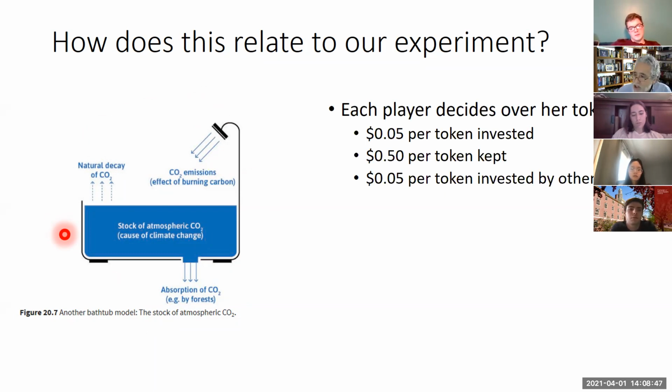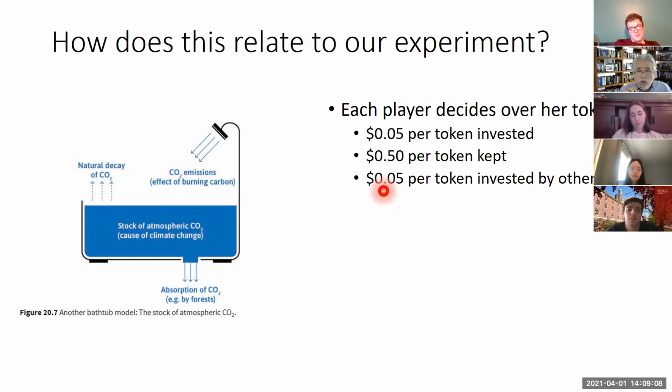And each one of these 3 pieces of the incentives is going to play out in the framework of material incentives that you're going to use in your decision whether to invest or to keep these tokens,